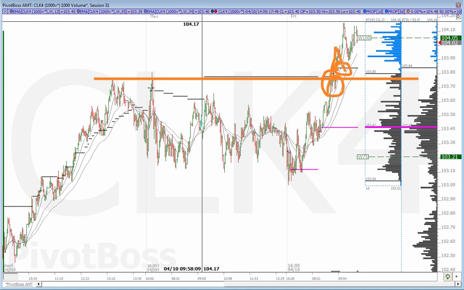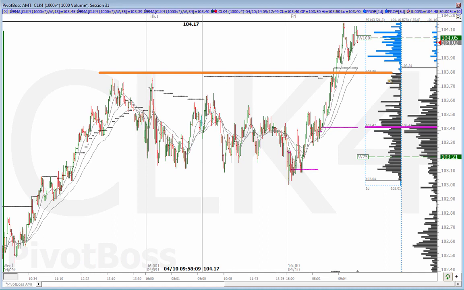You break through, and when you come back, you have limit orders ready to go. Then you push up, and you come back, and you have limit orders ready to go. And you push up, and that keeps happening until you break free from the new balance range. Overall, as long as price holds above these 103.80s, price goes higher. Once price breaks through this LVN, price likely drops back to value at 103.40.